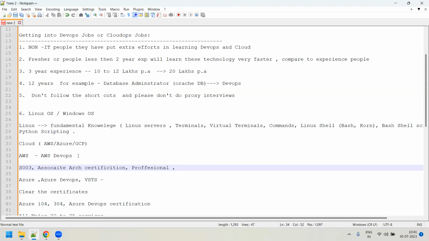Clear? Also, AWS DevOps is a little bit tough. I think the AWS DevOps Professional certificate and the AWS Networking certificate are a little bit tough certifications actually. Then there's the AWS Developer certificate. This is not really required for us, but still I'm just telling you. There are many certifications, guys, which you can do.